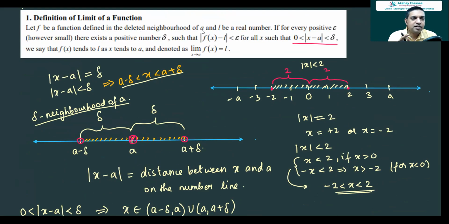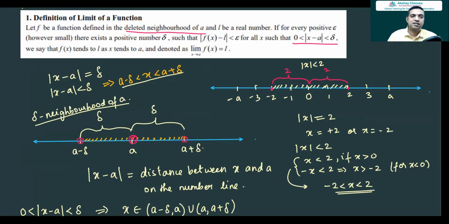So it doesn't matter whether x is equal to A, but x is approaching A. So we choose a neighborhood of A other than the point A. So if a function is defined in the deleted neighborhood of A and L be a real number, now for every positive epsilon, however small, there exists a positive delta